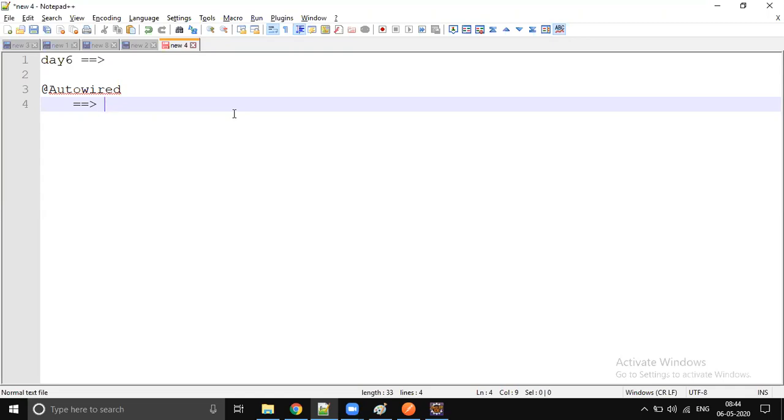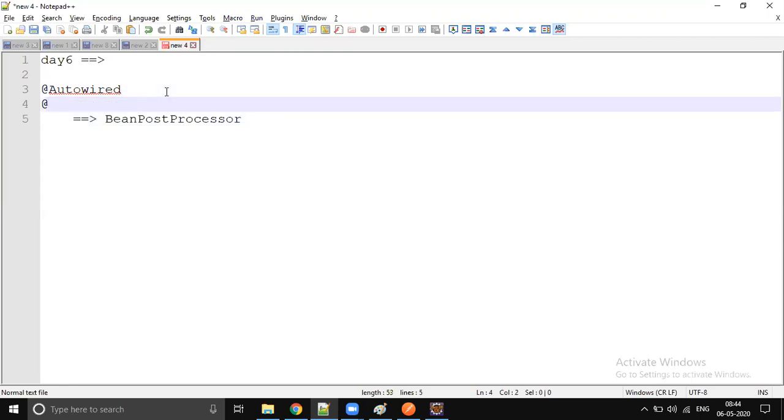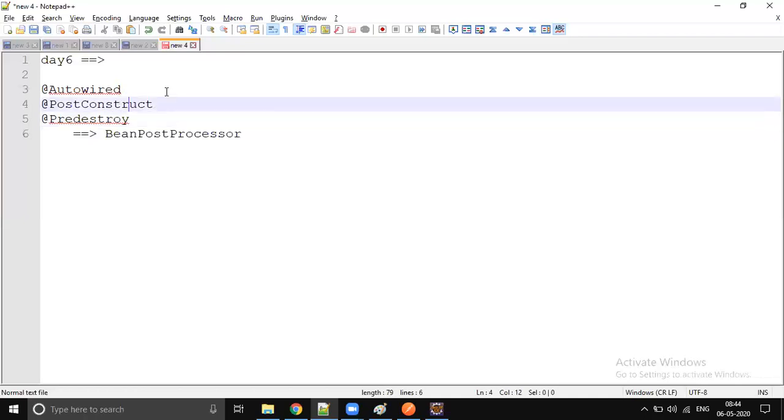So we have a person who takes care of all these things, called the Bean Post Processor. Not only Autowired, you could ask the same question about PostConstruct and PreDestroy. How do these annotations work? Because we have different bean post processors to take care of these annotations.